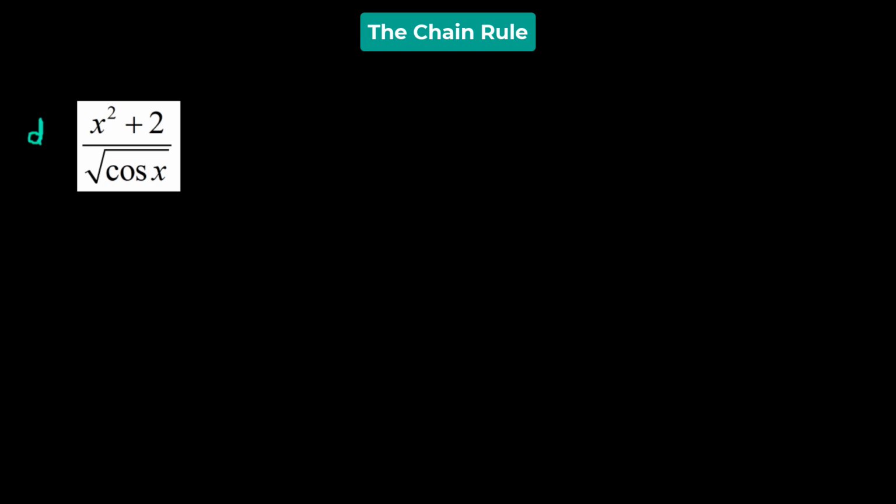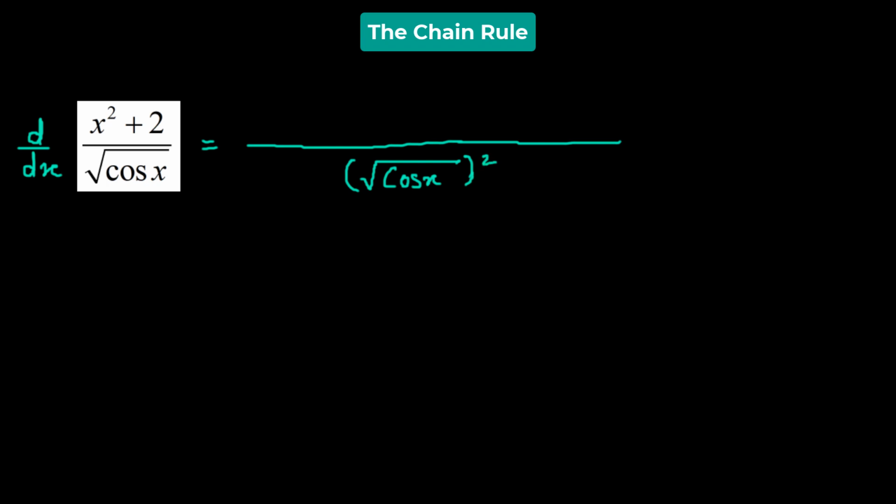So let's try to find out the derivative of this particular function with respect to x. So we're going to apply the quotient rule here. So we have square root of cosine of x in the denominator. So we square it, then we begin with the same denominator in the numerator. So we have square root of cosine of x multiplied to the derivative of the numerator, which is x squared